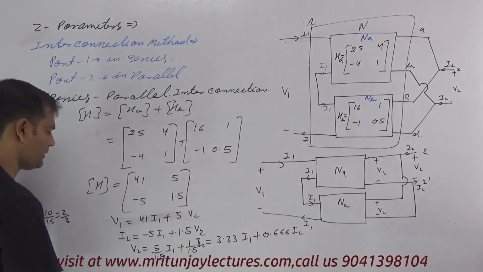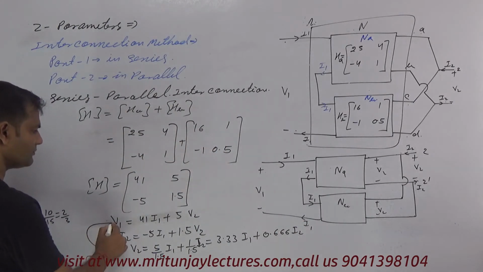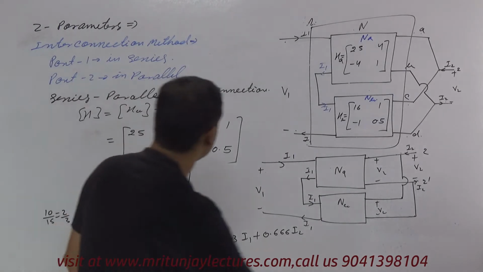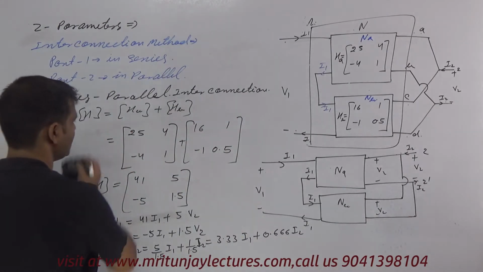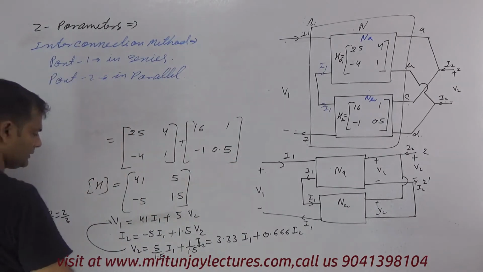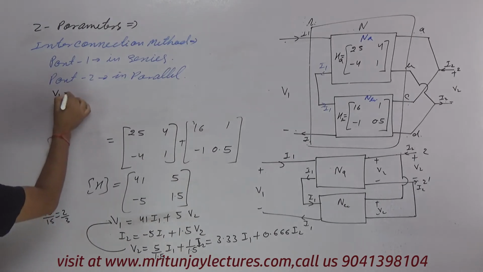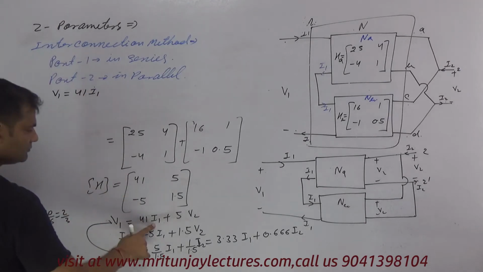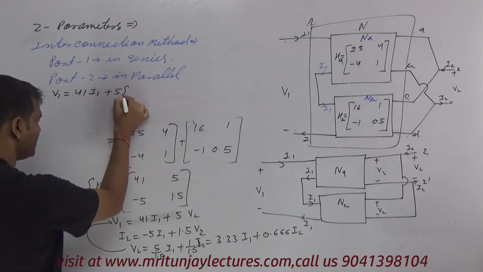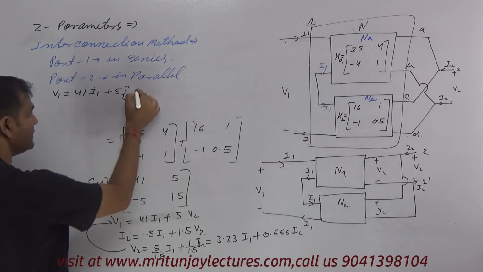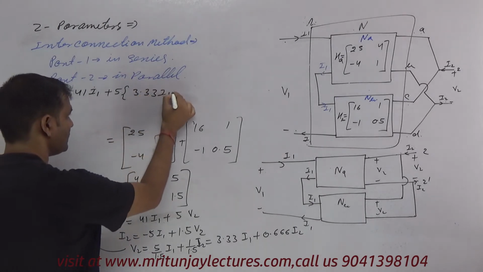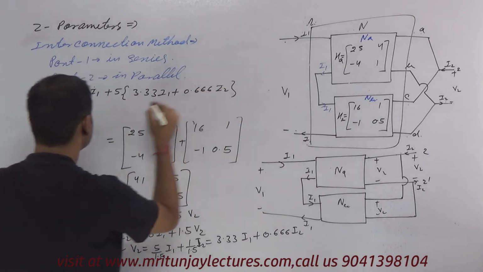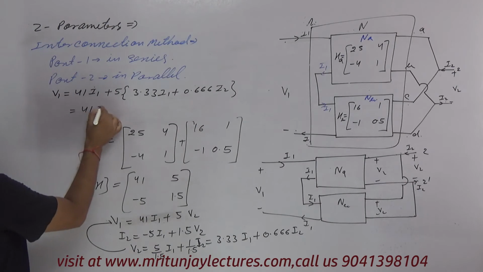Okay, if this value is put in equation number 1, then we get V1 is equal to 41 into I1 plus 5 into I2. V2 is 3.33 I1 plus 0.666 I2. So that is 41 I1 plus